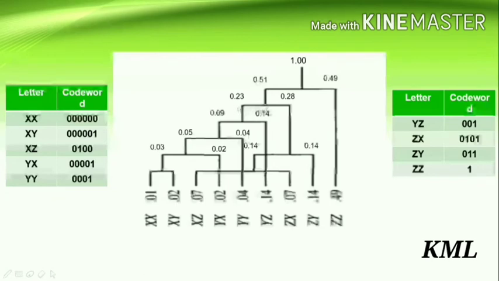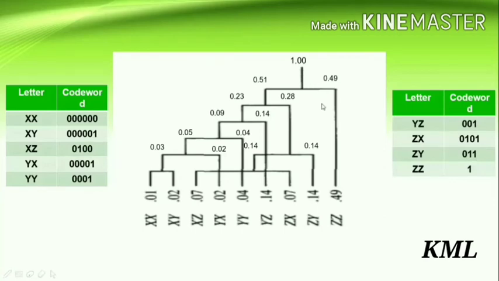So which are the minimum two? These ones, 0.23 and 0.28. So adding them together we get 0.51. Okay. So now these two are remaining, 0.51 and 0.49. So we add them, we get the answer 1. Okay. So when you get the answer 1 here, your answer is correct. Okay. Because the sum of all the probabilities of a set always equals 1.